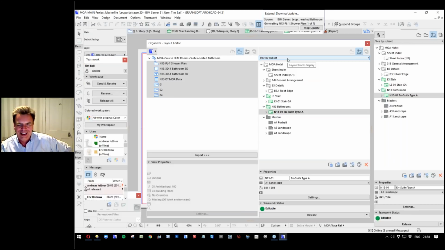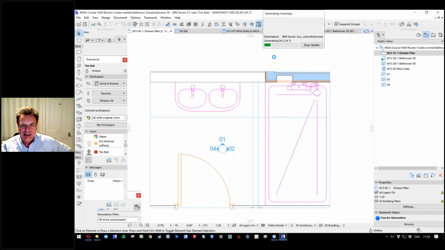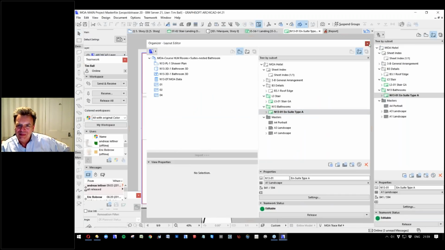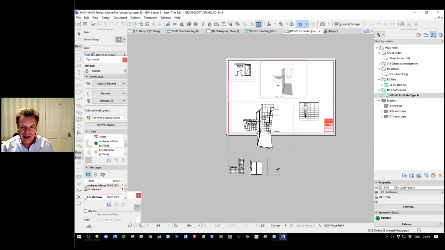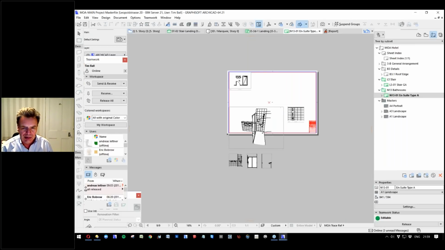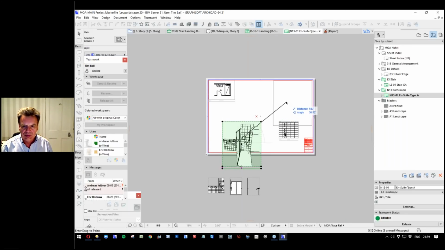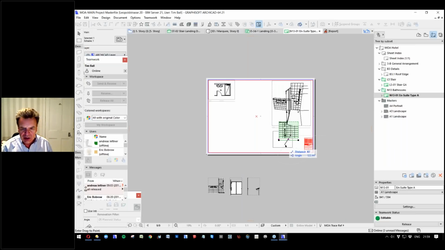Oh, it's doing all these updates now. It's grabbed the whole of the processor power to do that. And there, you've got all of the various things. Actually, that one we don't want. We can get rid of that one. That one we do want. Just do it roughly so you get the idea. And there we've got